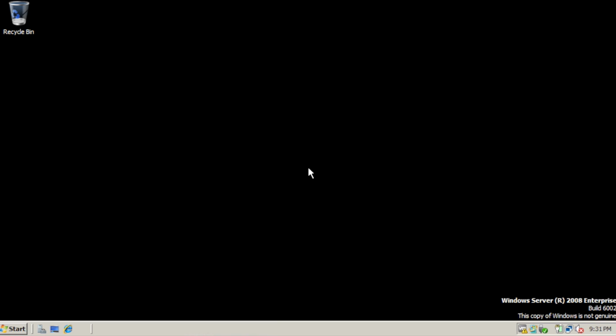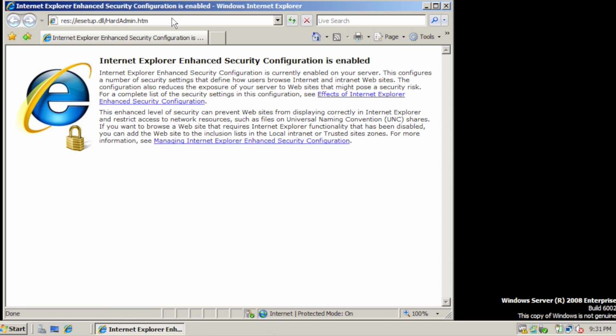Okay, just a quick warning. If you do everything that the lab manual tells you to do, you will run into problems. I promise you. For instance, log into Server 2 with your Student 1 credentials. Open up Internet Explorer, and the lab manual is going to tell you to type in http:, but it's just not going to work. So type in https: and then the address of the server